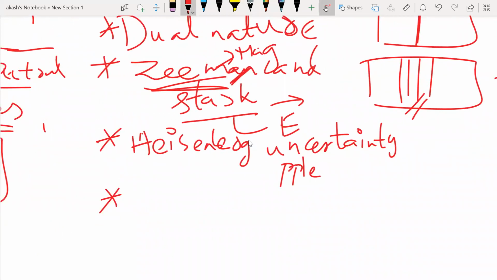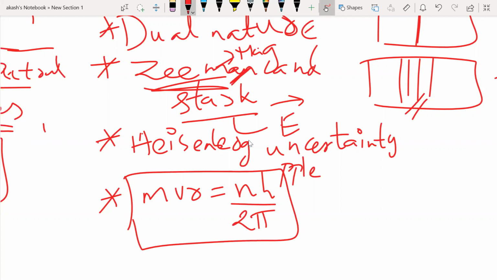So he said that even the angular momentum of the electrons in the stationary orbits is quantized. We know the formula for angular momentum: mvr is going to get quantized. Quantized means it is going to be an integral multiple of a small value. So mvr = nh/2π. Please remember the formula. This is not a demerit, guys; this I forgot. This is also a formula. mvr, the angular momentum of the electron, which is also quantized, is equal to nh/2π.